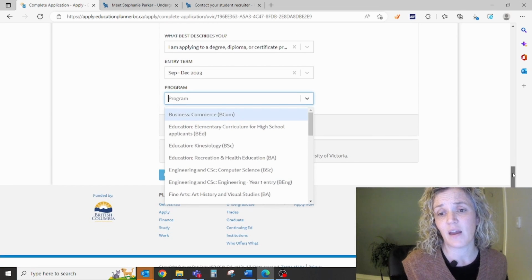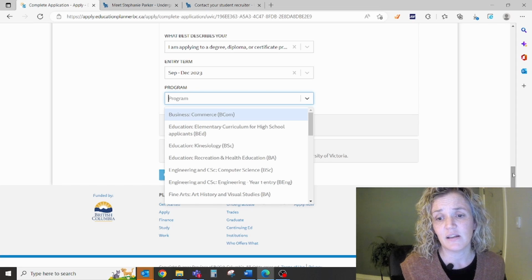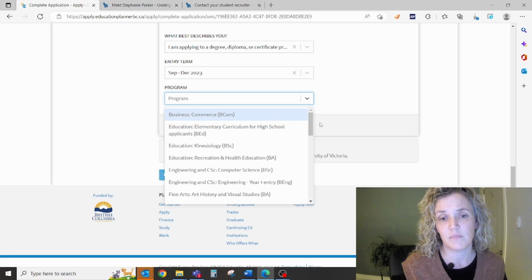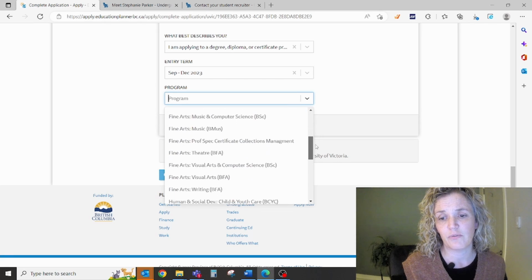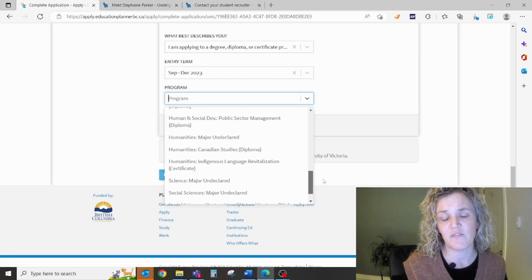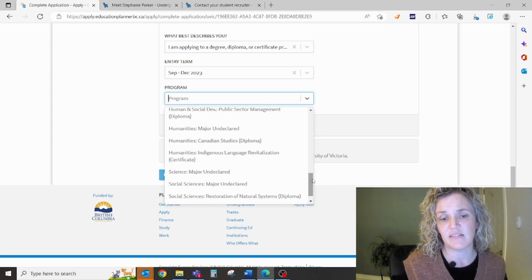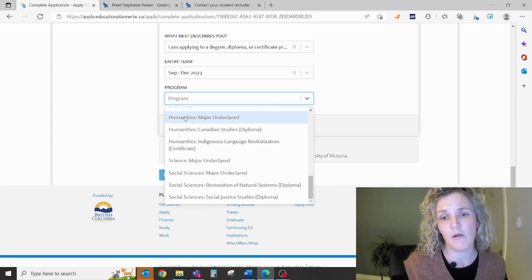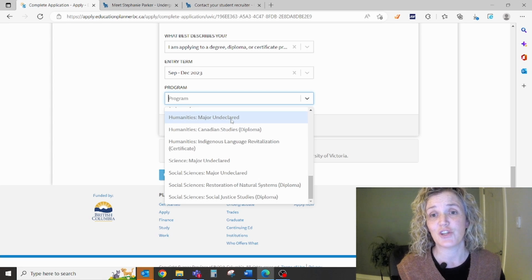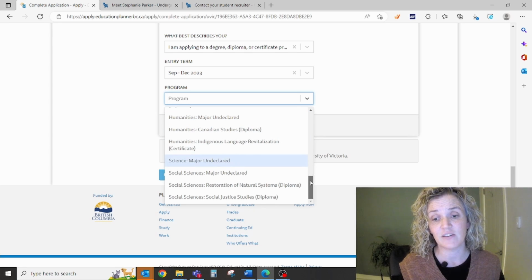Some are by faculty. Some are very particular, so the business commerce program is indicated right at the top, and you'll scroll through to the bottom and you'll see some of the humanities and science and socials programs. They're all by faculty and they're major undeclared. So let's say you wanted to take a major in chemistry and Bachelor of Science. You choose that in your second year, so you'll actually apply to get into the Faculty of Science, major undeclared,